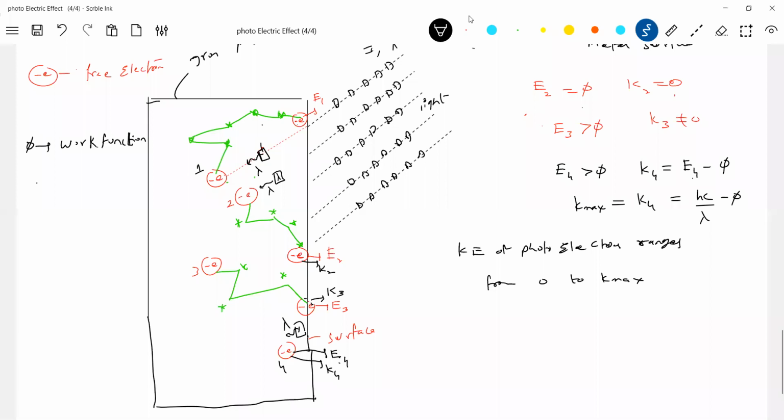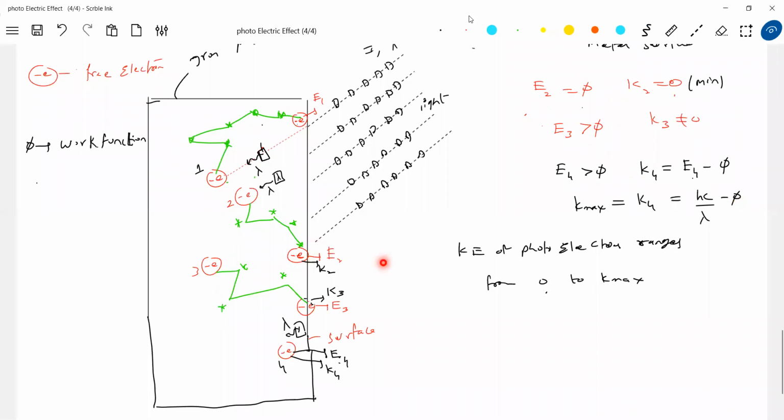Some photoelectrons which have 0 kinetic energy will be ejected. That is K minimum, or better say 0. Then some photoelectrons are ejected with maximum kinetic energy, and that is hc by lambda minus phi. What is phi? The work function here. So when a photoelectron will